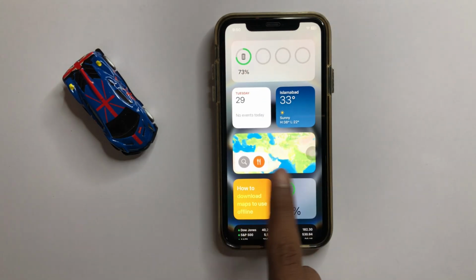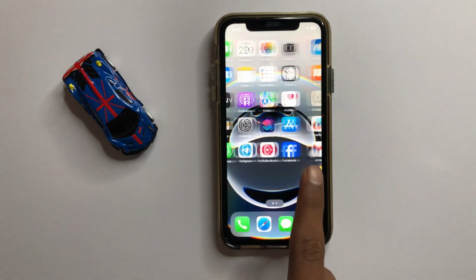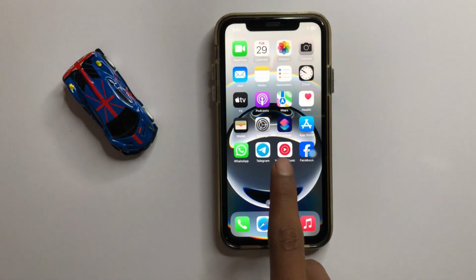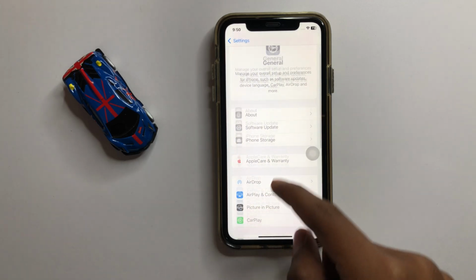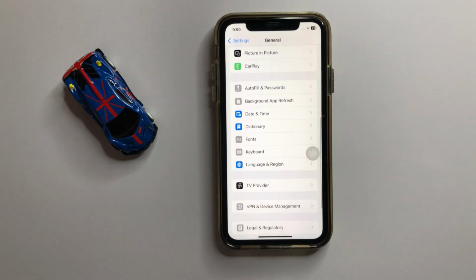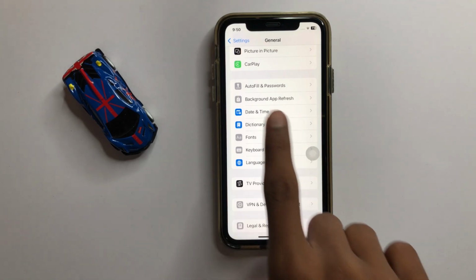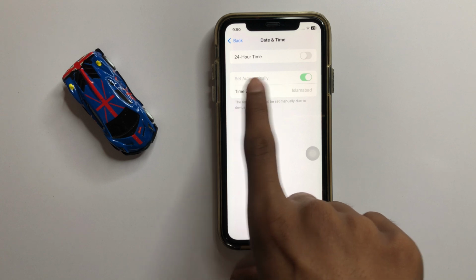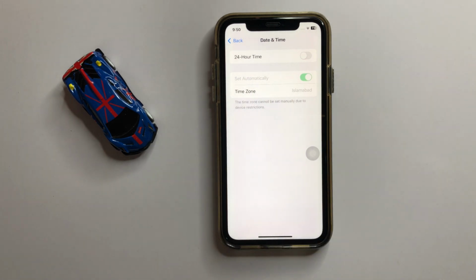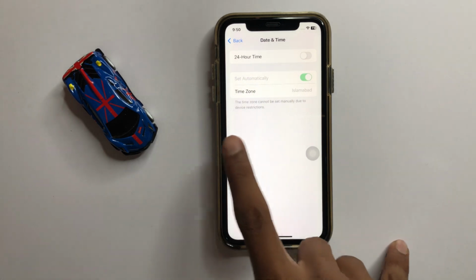First of all, open settings. In settings, click on general and then scroll down, and here you can see the option date and time. Now click on date and time. If you see set automatically date and time is grayed out, and if you want to fix this problem, then go